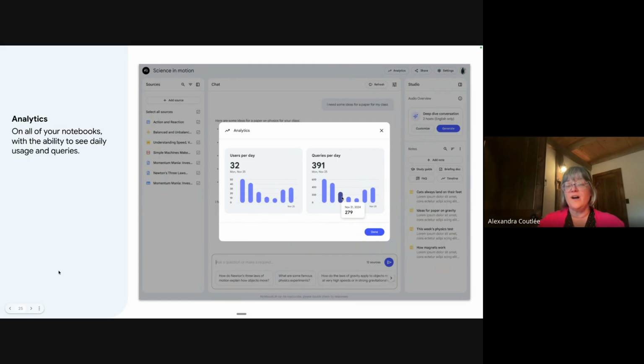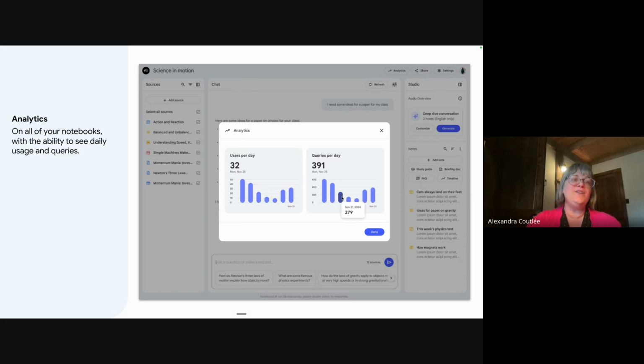Now, if I share it with colleagues, and I have at least 4 colleagues that I shared it with, I can use analytics. It's at the top right next to your share button. So you need to have at least 4 people that you shared it with. If you shared it with your entire organization, for example, you'll get information on how many users per day actually used your notebook, and how many questions they asked per day. You don't get to see what Chantal asked, and if she has good questions, you won't get to see all that information, but you'll get a little bit of analytics to see if it's being used.